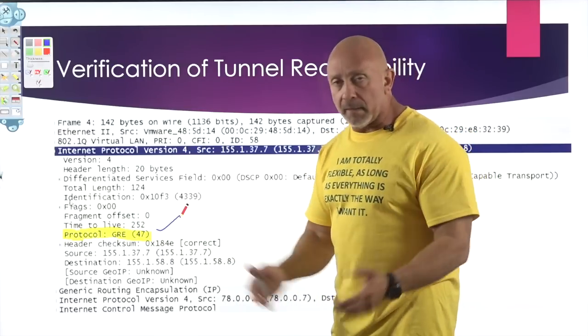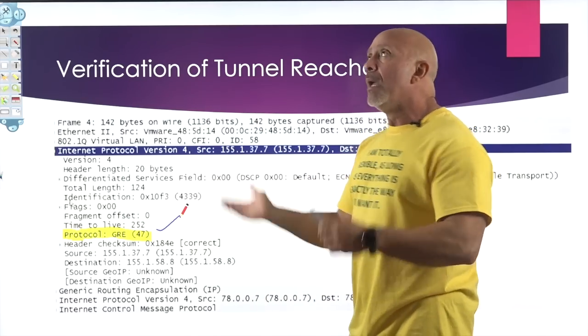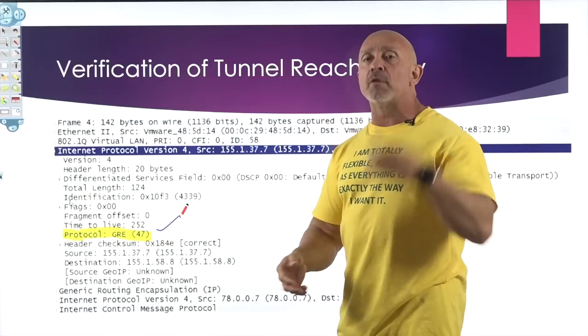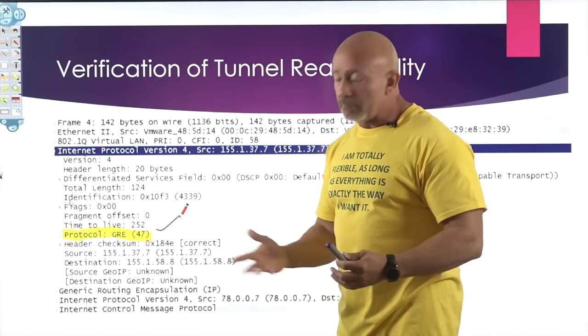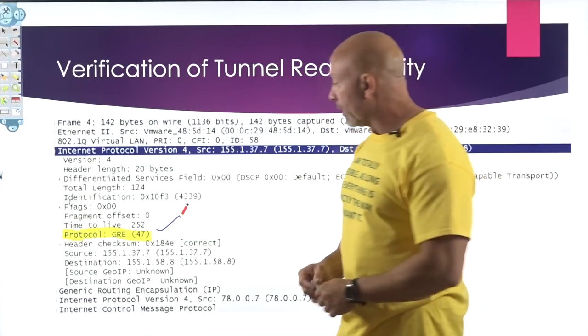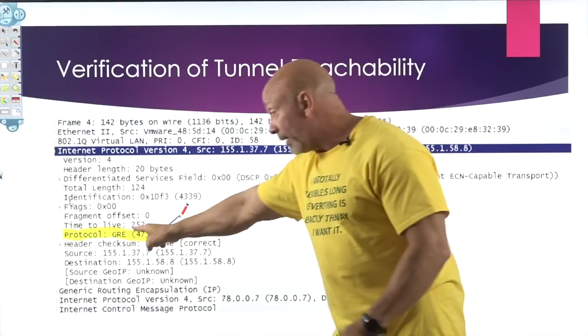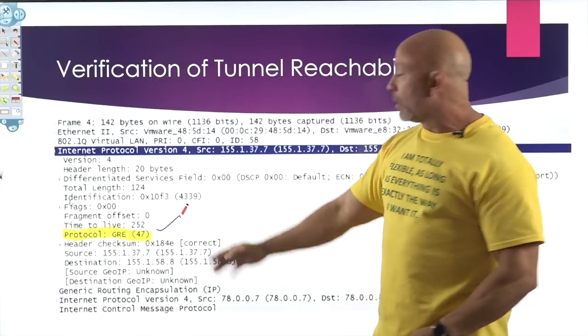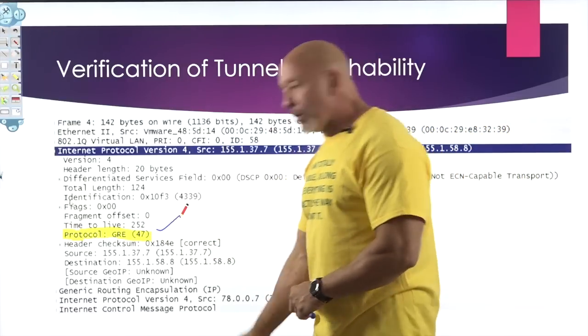It's called the shim header, because it's in between the IP and IP. If you're running VLANs or whatever, it's going to be between the IP, GRE, IP, and then the payload. That's what's going to be in the layer 2 frame, okay? But if you do a capture, you know you're running GRE because it's right there. And if it isn't, you can tell by the protocol number. But it should be where you can see that, right?